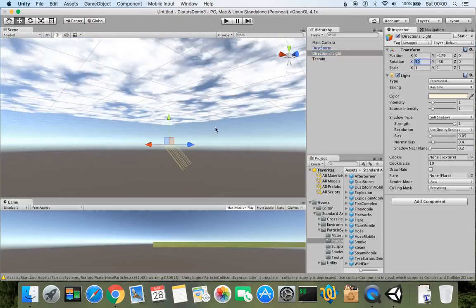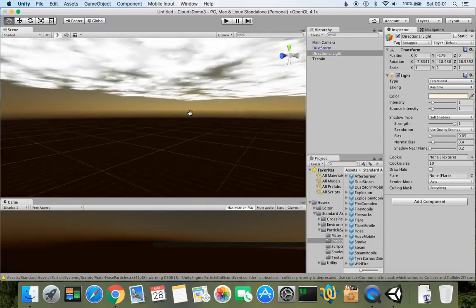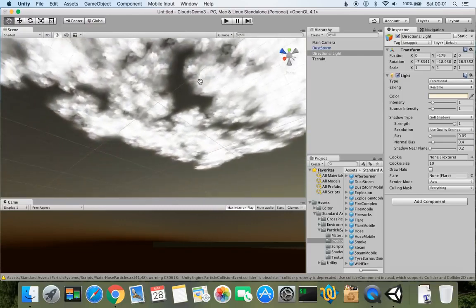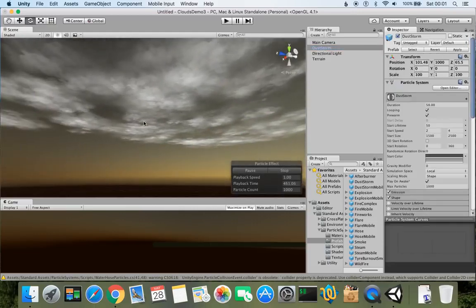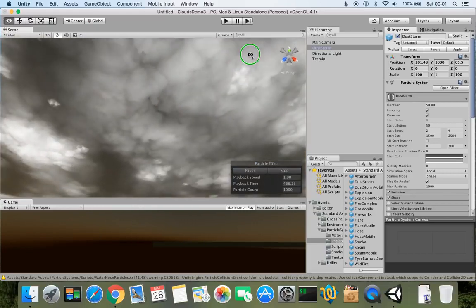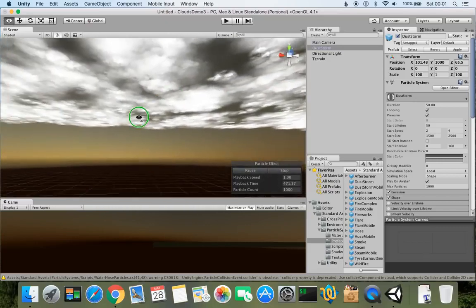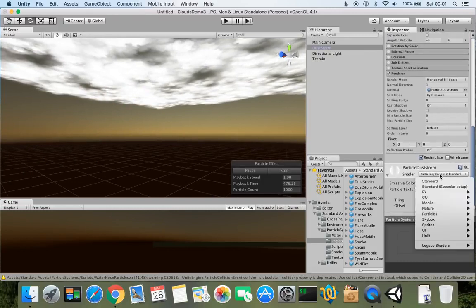So if you rotate the sun, yes, I can rotate the sun a little bit like that. I guess vertex lit clouds should be changing. Yes, I can see that they are becoming a little bit less lit. So you can easily change this kind of thing here,